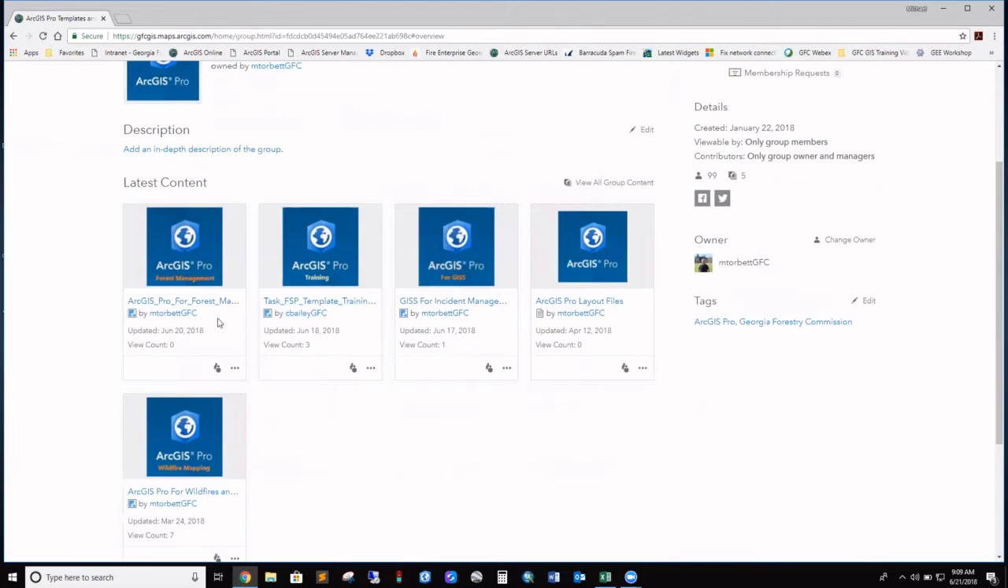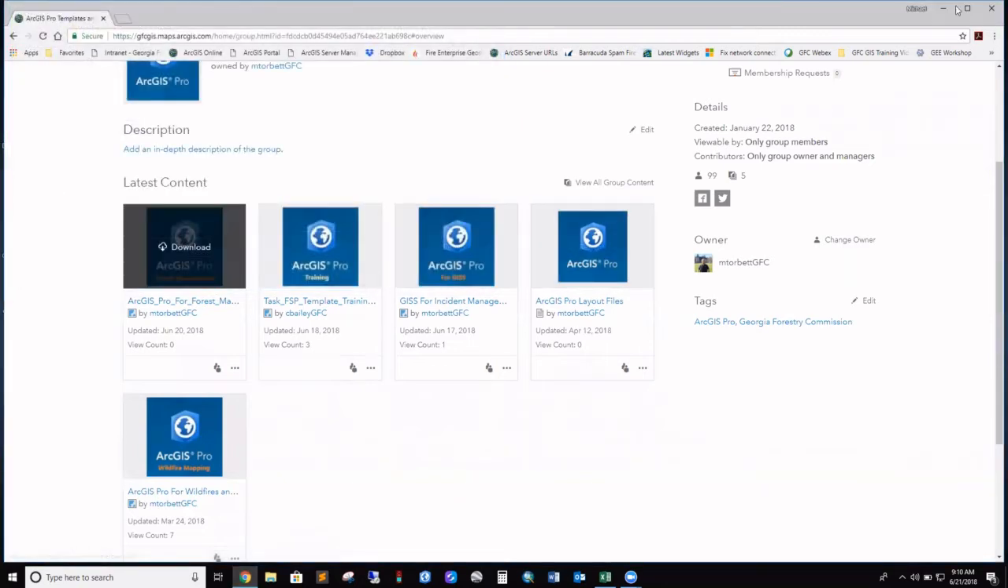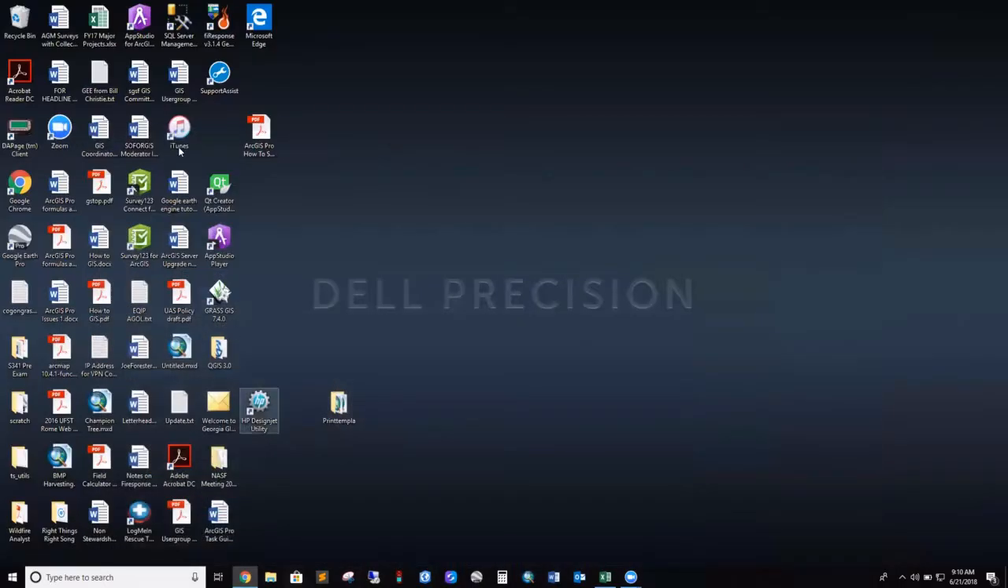So there's a package here called ArcGIS Pro for Forest Management 2.1. This is just a template. I'm going to download this to my computer. All right, and I've already got it downloaded, so we're not going to get into that. So I've downloaded it